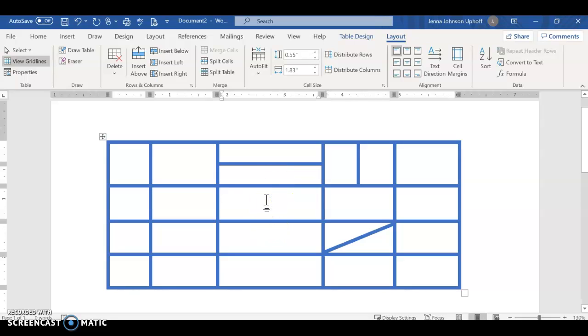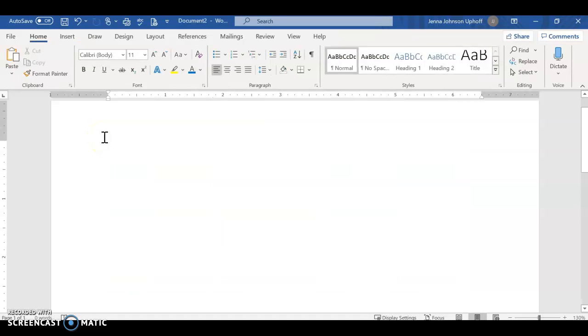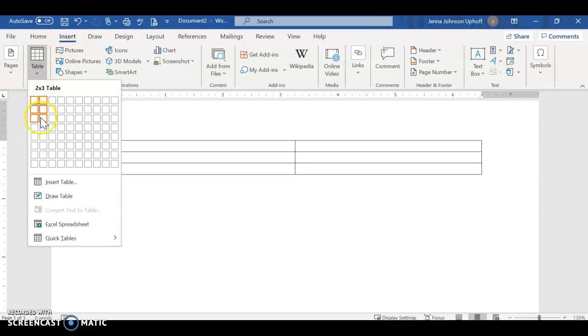If I decided I wanted to erase some lines, I'm going to go to my eraser there. And I'm just going to click on whatever lines I want to erase them. I'm going to shut that eraser off by clicking on that again to turn it off. And then I'm going to select my whole table, and up here in the corner of my table, I can click on those 4 arrows, and I'm just going to delete that. I don't want to work with that right now, and I'm going to go back to my Insert and my Table, and I'm going to draw a